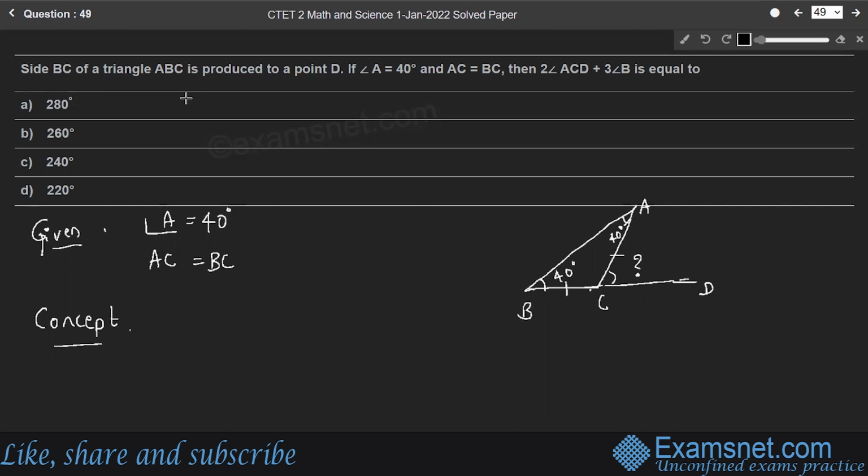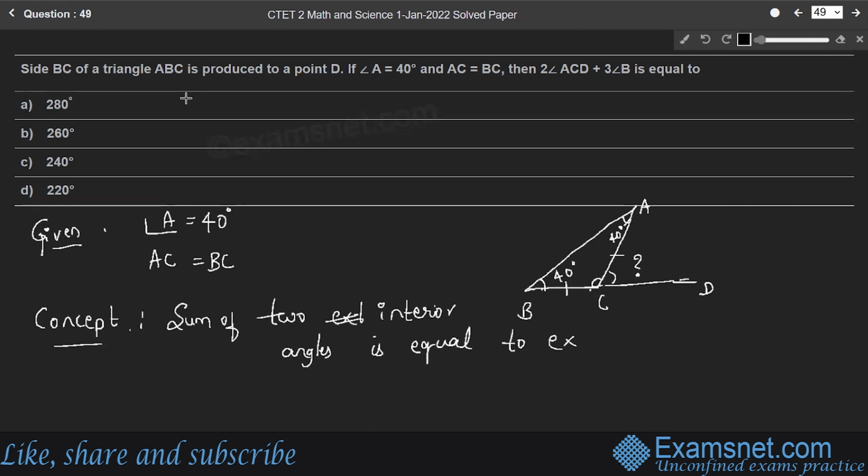ACD, which is equal to the sum of two opposite interior angles. Here, interior angles to this exterior angle ACD are angle A plus angle B, and the sum of the two opposite interior angles is equal to the exterior angle ACD. So here, the sum of two interior angles is equal to the exterior angle,